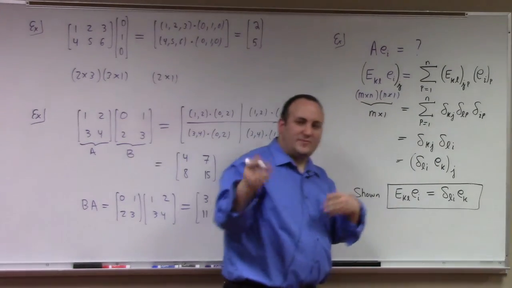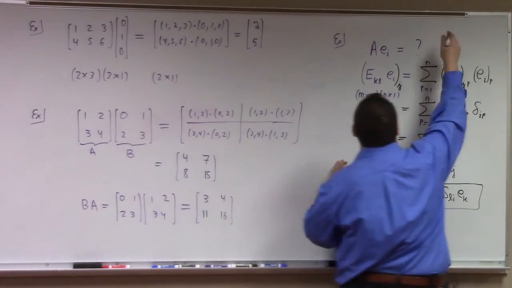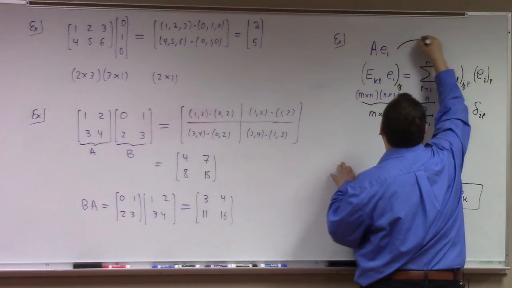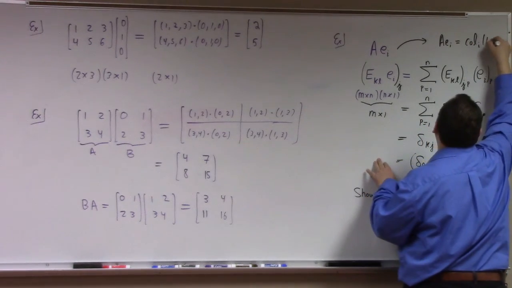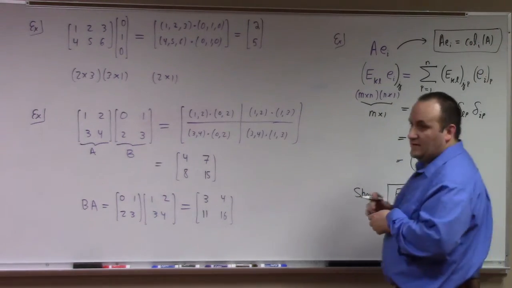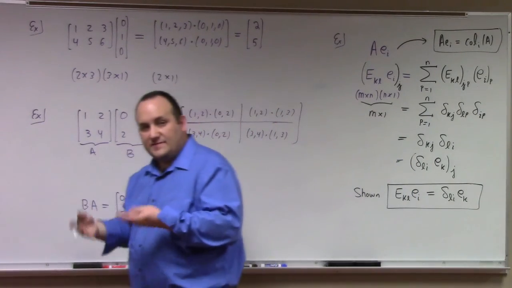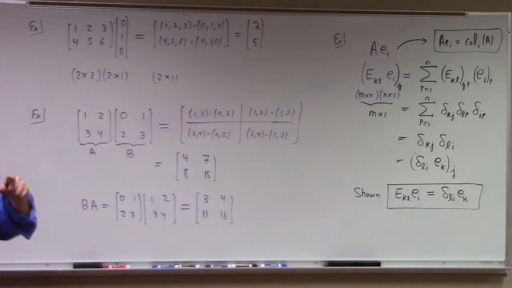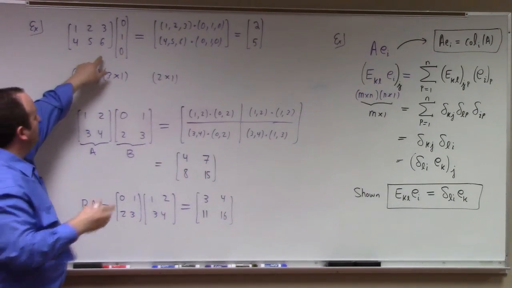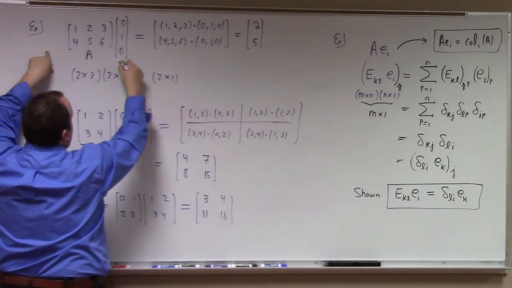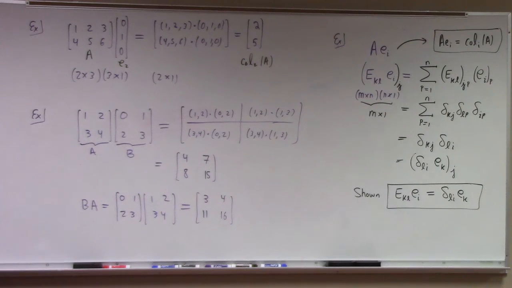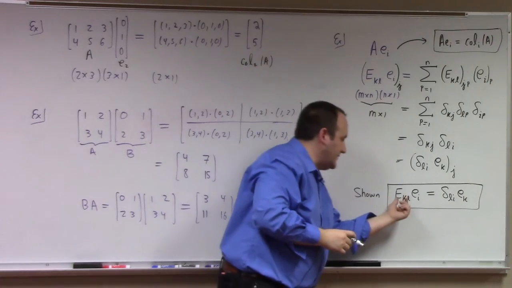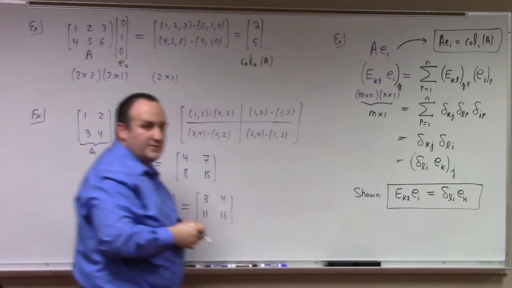Anyway, what I was getting to, and I'm out of time, so I won't do it, is that we can prove, in fact, that A E_I is equal to the ith column of A. So multiplication on the right of a matrix by the ith standard basis vector selects the ith column. I actually showed that to you already in my example back over here. See, I took A times E_2, and this is column 2 of A. I need to do a little work on the interrelation between the matrix units and the standard basis to derive a few things about multiplying these.